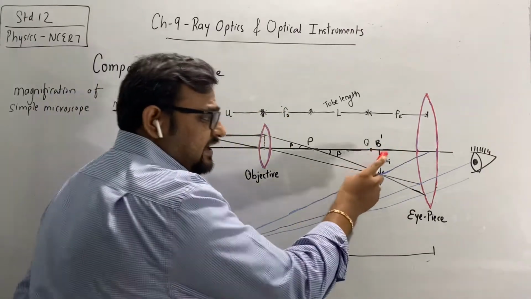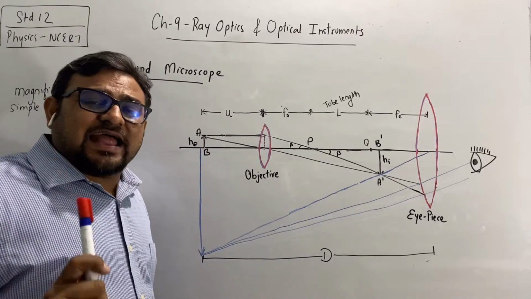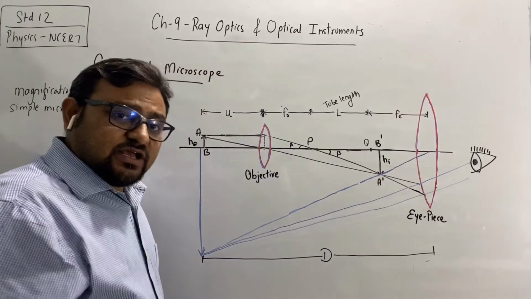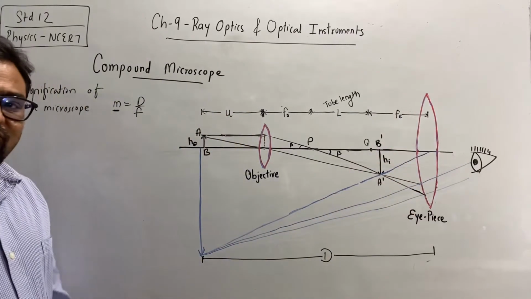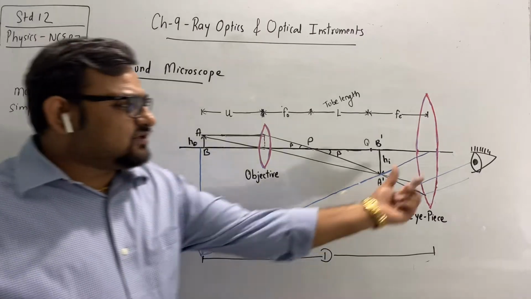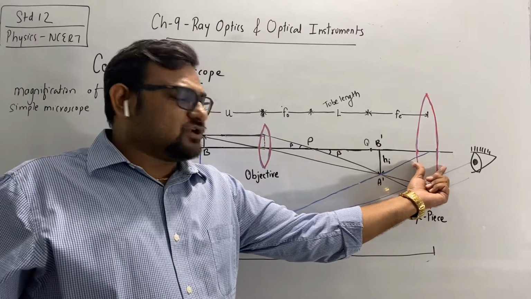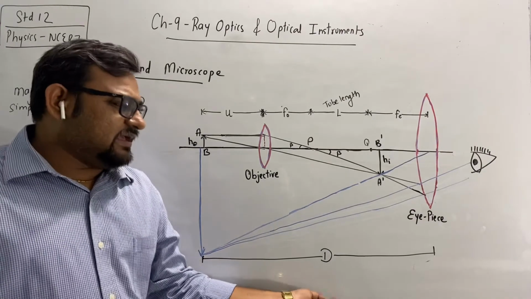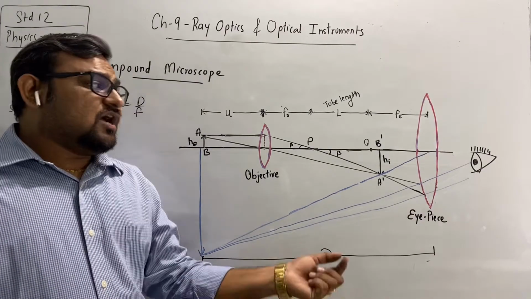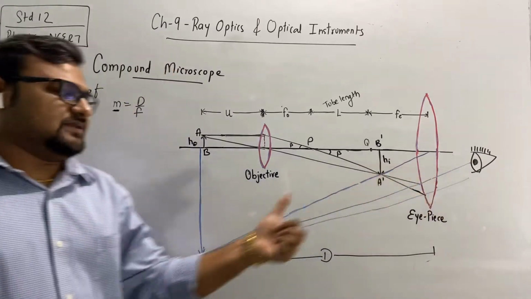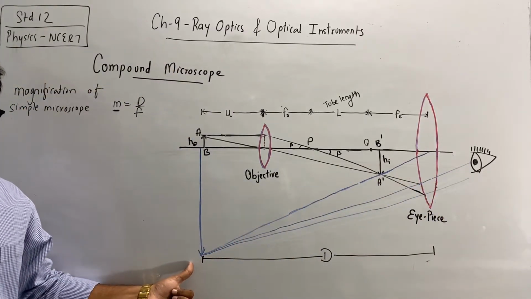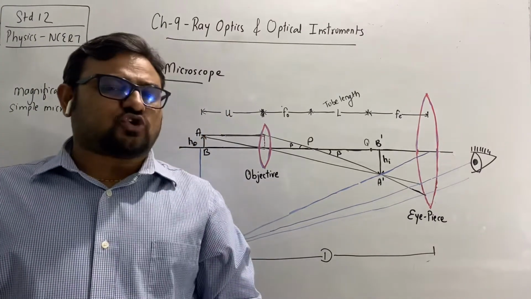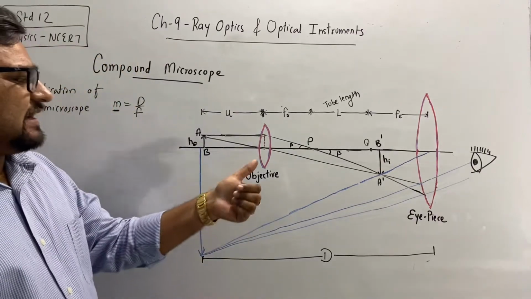Now this image acts as an object for this eyepiece. So again it will magnify, right? So now this lens acts as a simple microscope and the image is formed on the same side, right? Where D is the image distance from the eyepiece. Okay, clear? So now to find out the magnification of the compound microscope, we will first find out the magnification of the objective,